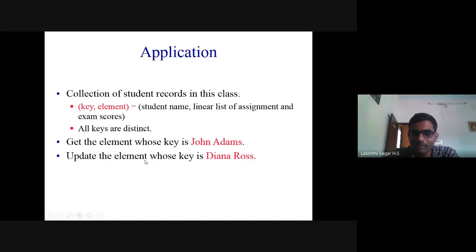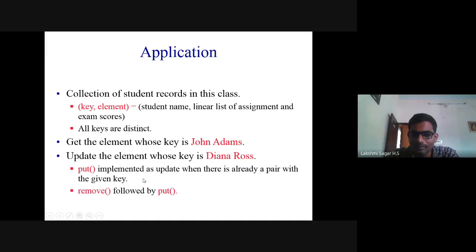And if you want to update the element whose key is Diana Rose, that is, change the element associated with this key, you can use put. Put is implemented as an update when there is already a pair with the given key. Next, remove. Remove can be used to remove the element associated with that particular key.